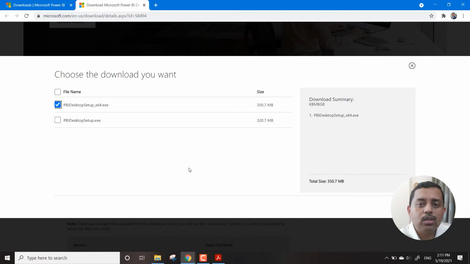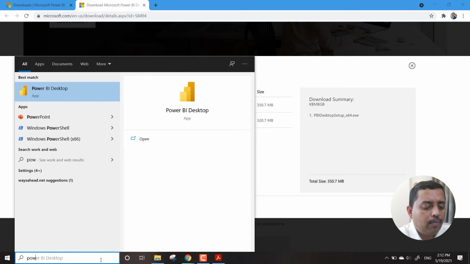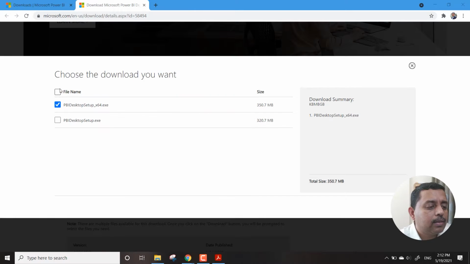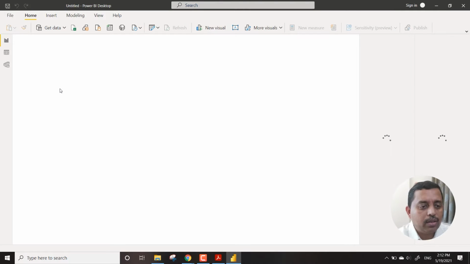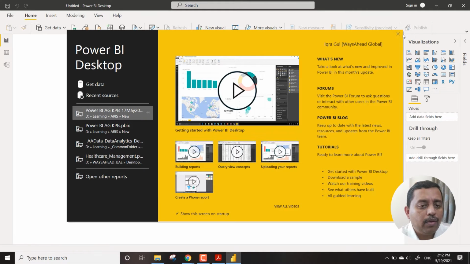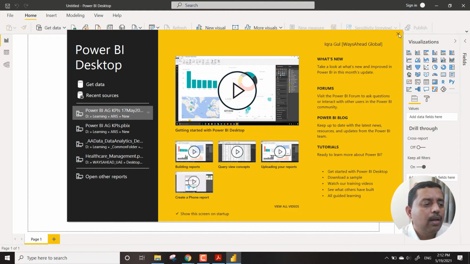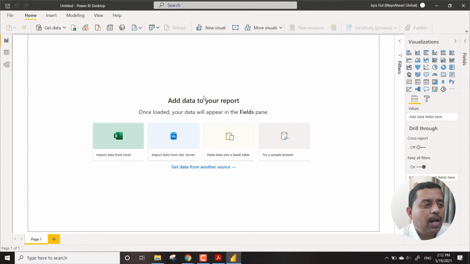Once you download and install this, it will sit in your startup menu, and it will look something like this. So now we are ready to harness the power of Power BI. This particular icon that you are seeing is a new icon. When you first open this, it will look something like this, and we can just ignore this box right now. We will proceed one by one. We will be explaining this particular tool, and then we will be moving on to the cloud services as well.